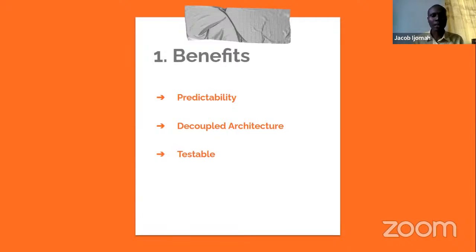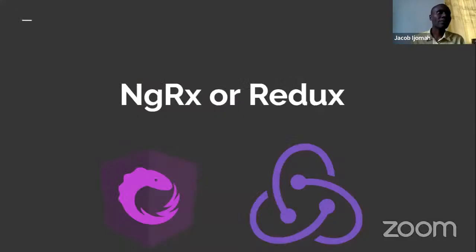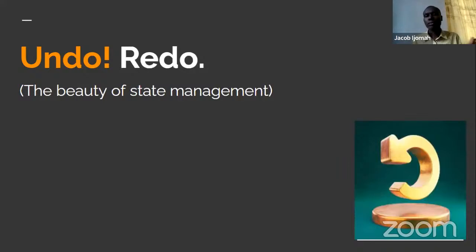Predictability makes our application predictable and gives us a decoupled architecture, just like I mentioned on the Facebook page or some of the web pages. Different parts of the pages are different and working separately. It gives a decoupled architecture and it's quite testable. And these are the libraries that play this important role. Of course, Redux, that's what Facebook uses. It works powerfully with React applications. Then NgRx also works with Angular applications. So this is one of the powers and beauties of state management, apart from the ones I've mentioned,